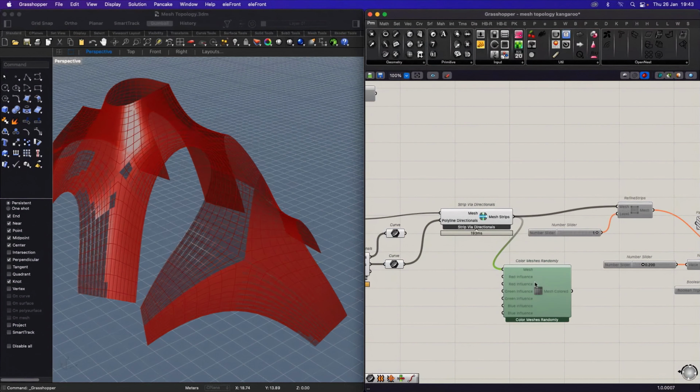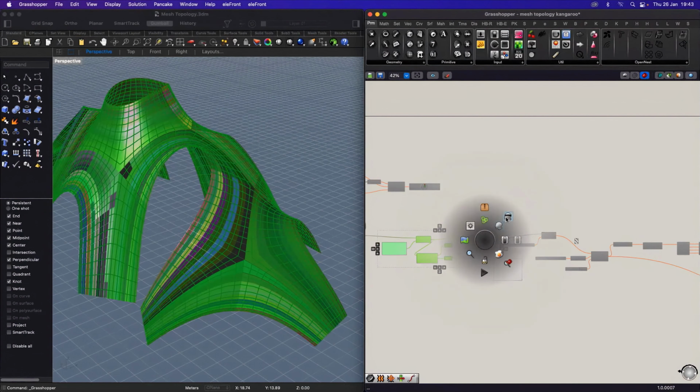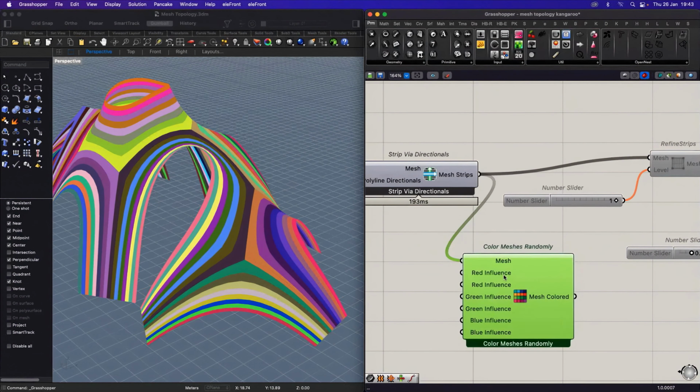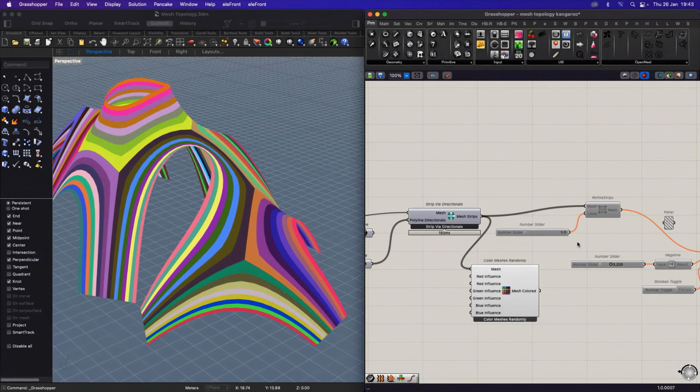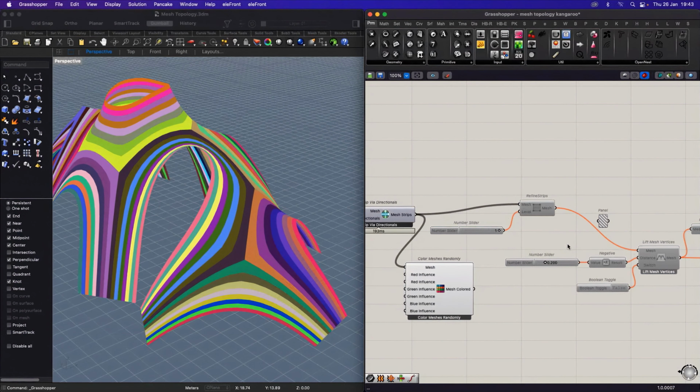And this, I don't want to call it a gimmick, but it just shows you what has happened there. So let me just hide this. It just gives colors to the different strips. Geez, that's cool. It is fun, eh? And obviously, this in itself is not that spectacular, but